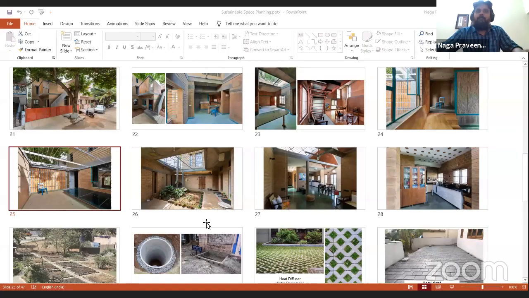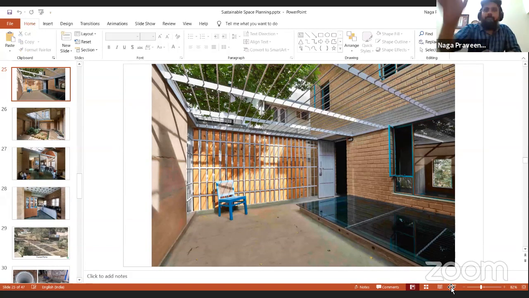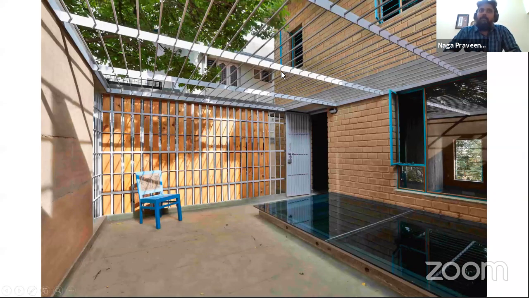I think I have to share the screen. If the screen is visible, there is a second kind of roof material. You can spread creepers onto this roof and make it greener, so the sun is not directly hitting your roof level. It is stopped at this point. It is not cutting light; light is falling down. It's only cutting heat. That's a usual technique.